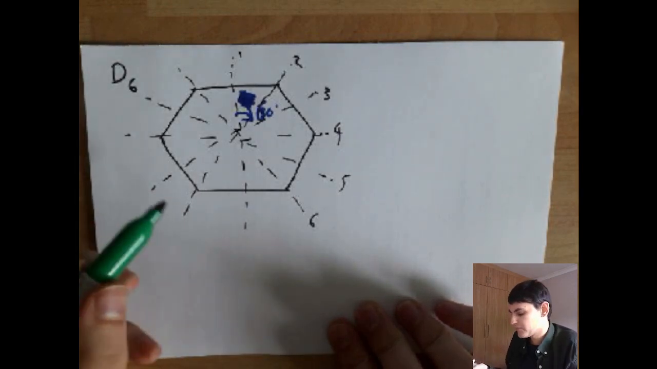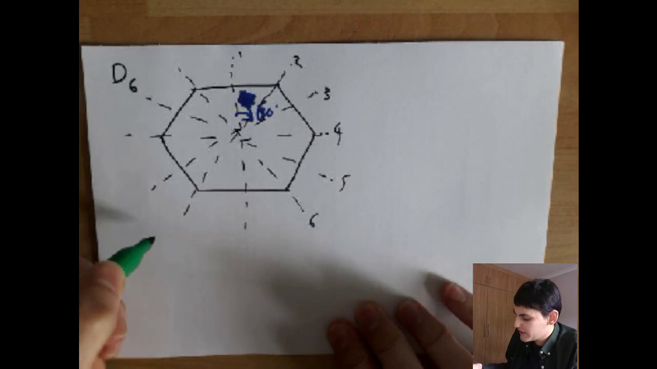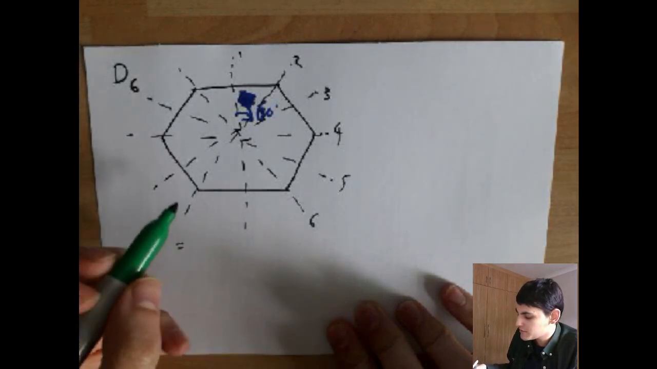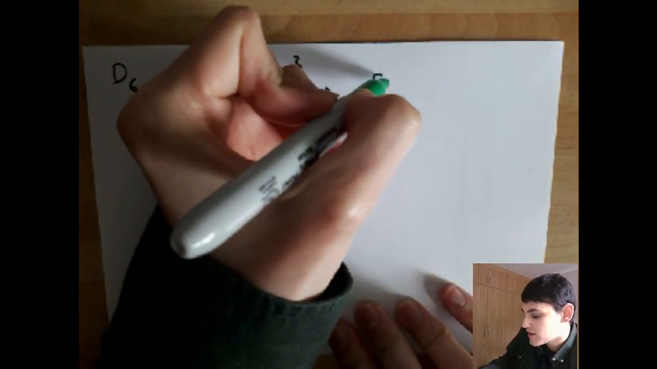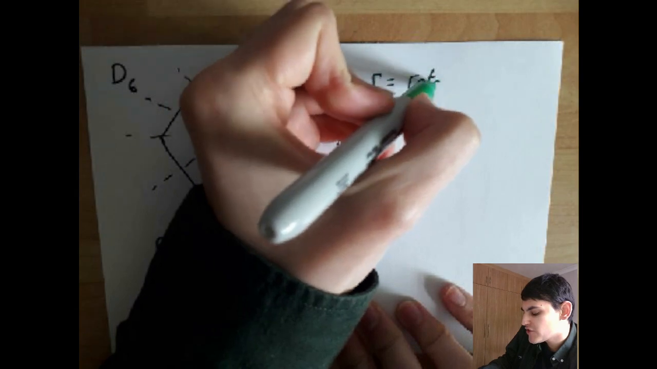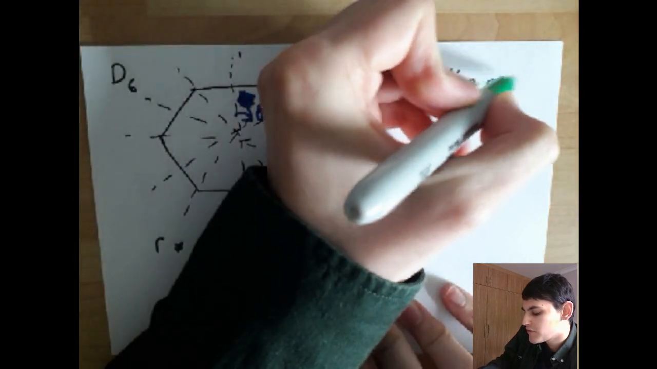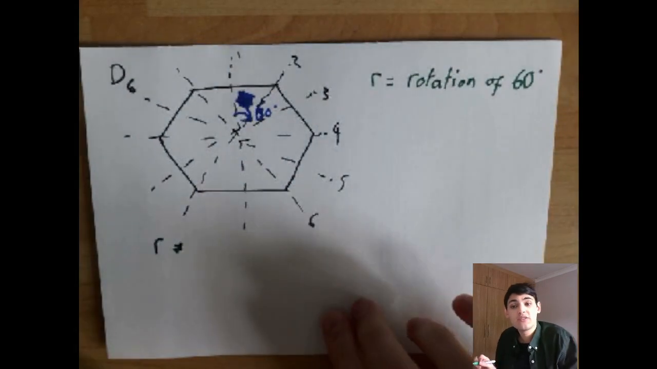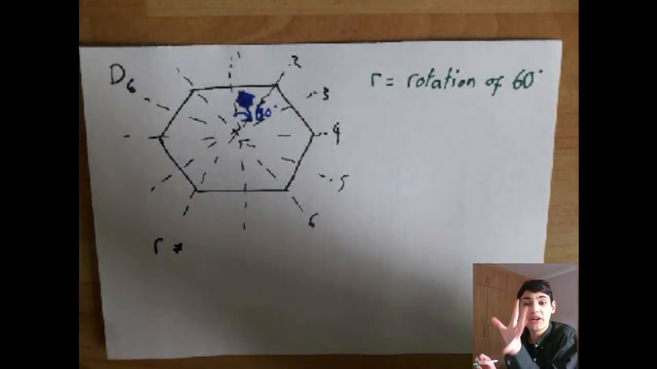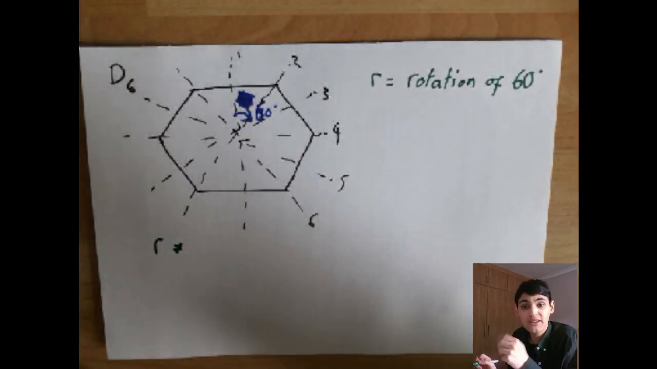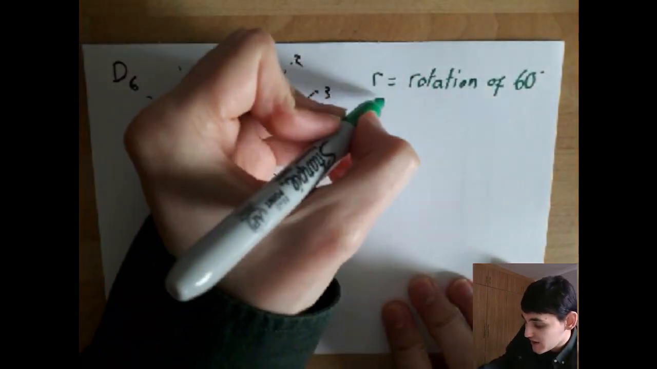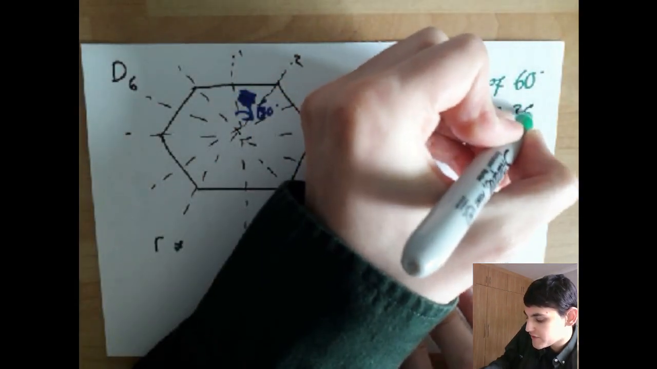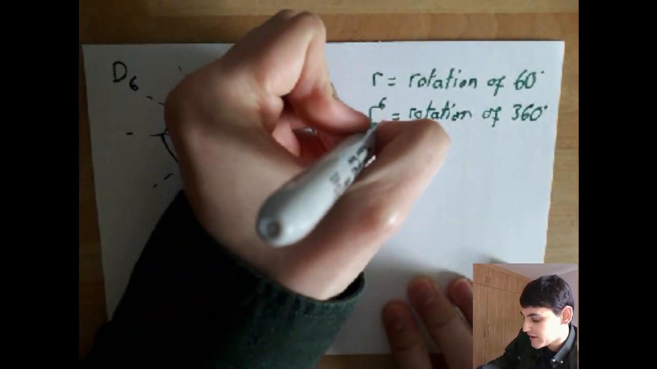say that we're going to have the first rotation R, and that equals, actually, I'm going to write it up here. R equals rotation of 60 degrees. Okay, so that's the first one. Then R squared, as in do R and then R again, would be a rotation of 120 degrees. R cubed, 180 degrees, and so on, until R to the 6 is a rotation